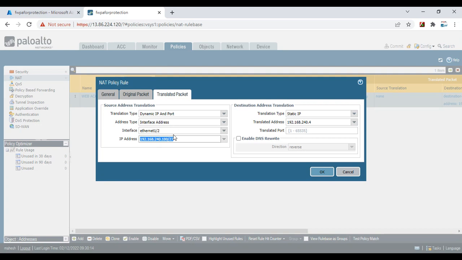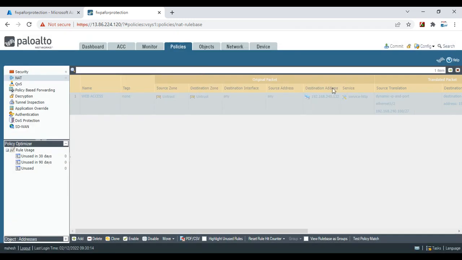But I'm not explaining this in detail here, because if you do not have any idea about Palo Alto firewall security rules and NAT rules, just put a comment. Then I'll make a comprehensive, complete video regarding Palo Alto security policies and NAT, because when it comes to security policies, we have several types, and also when it comes to NAT, we have several types of NAT rules, like destination NAT, source NAT, return NAT, bidirectional NAT. We have so many NAT types. So please put a comment, and then I'll make a comprehensive demonstration. So let me click commit,